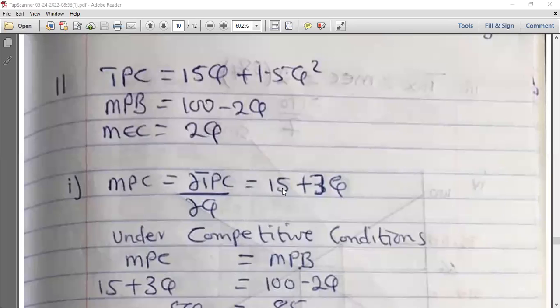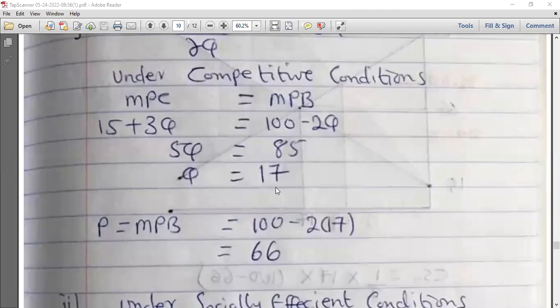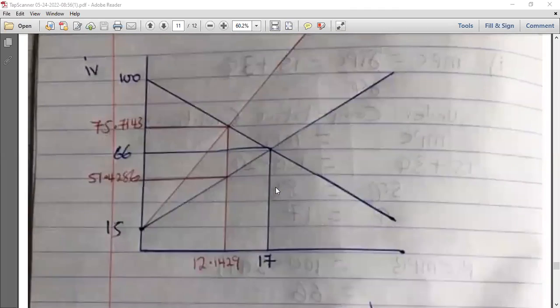But the first one, there was a constant here. So we added that constant to the constant in the MPC. That was why we had a shift. There was a shift in the curve, the MPC curve, okay? But here, because there's no constant here, if you add this to this, you only get 15 plus 5Q. There's no change in the intercept, which means that the curve,